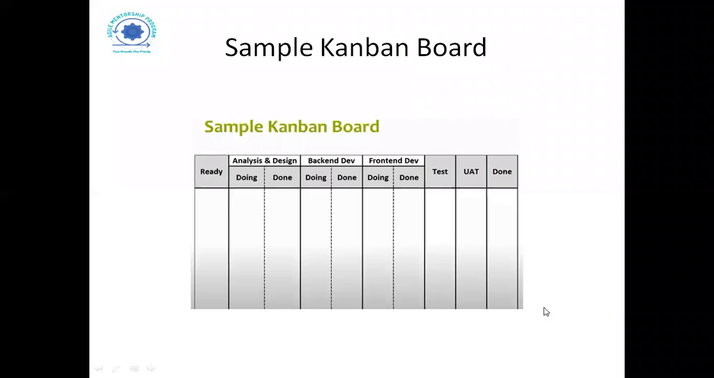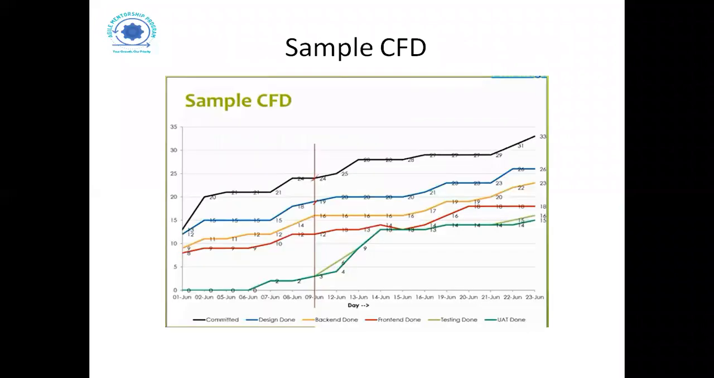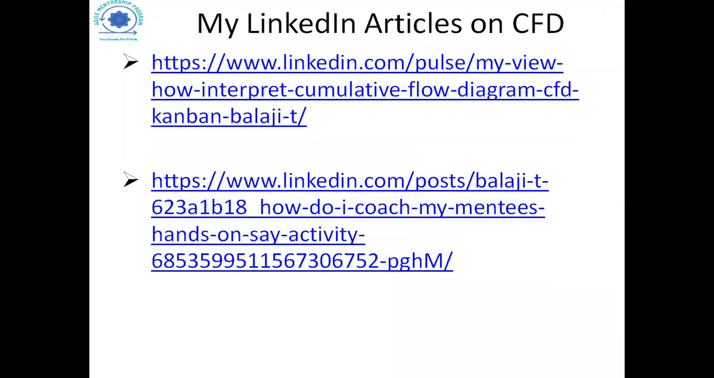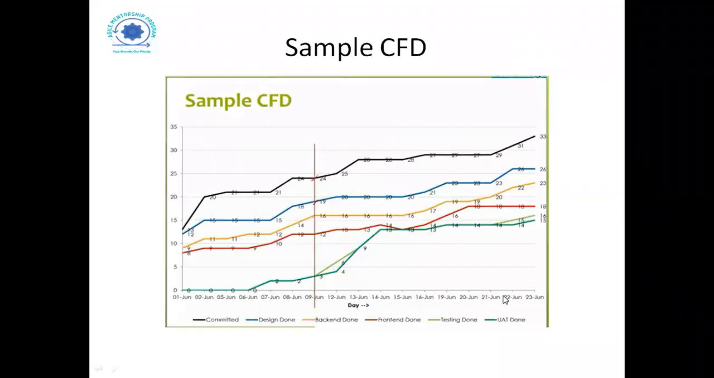Okay, so this is a board. This board is only getting converted into a chart like this. So if you have difficulty analyzing the chart, you need to go back to the board and see what happened on that day. Now, this is a cumulative flow diagram with the phases of the project: committed, design done, back end done, front end done, testing done, UAT done. And I take a particular line, let's say on the 9th June, if I want to do analysis, then I try to